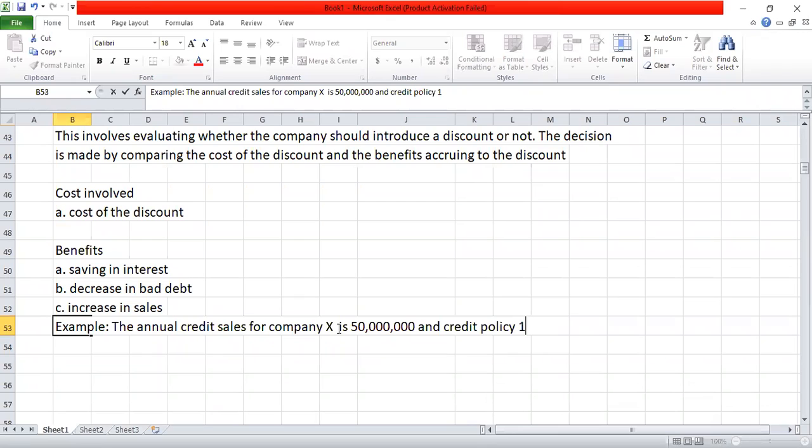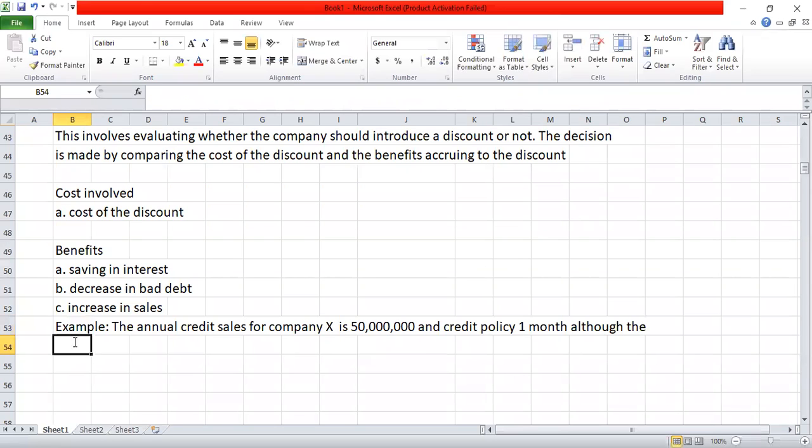So let's use 1 month, although the customers pay in 3 months. The company